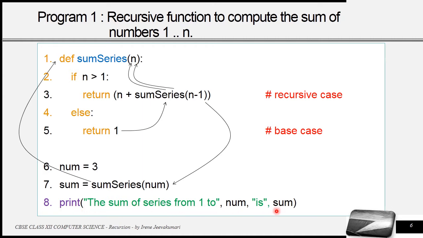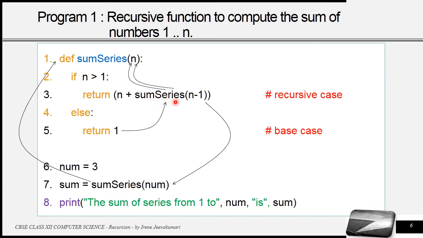So this is the output produced by this program, and in this function, we have one recursive case and one base case. Base case is nothing but whose solution is pre-known. We know the solution of this base case because when n's value becomes 1, it will return the value 1. So that solution is known previously. So this is known as the base case, and recursive case is nothing but which calls itself again and again.